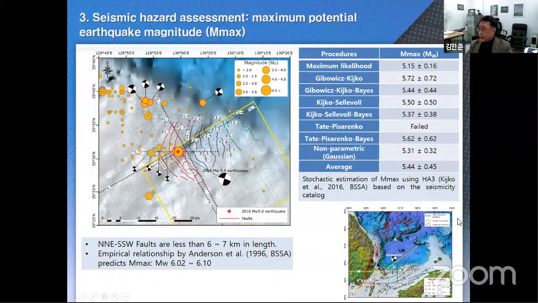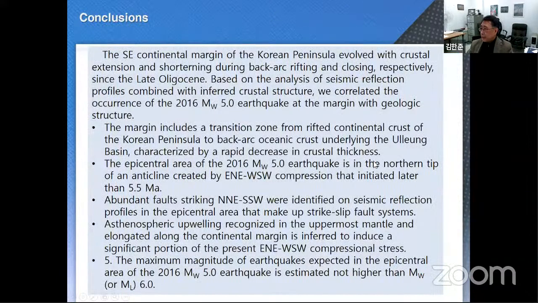As we can read in the conclusions, the Korean margin includes a transition zone from a lifted continental crust of the Korean Peninsula to back arc oceanic crust underlying a deep sedimentary basin. And we can notice that the crustal thickness decreases very rapidly across the margin. The epicentral area of the magnitude 5 earthquake is in the northern tip of an anticline created by the present east-northeast, west-southwest compression that initiated later than